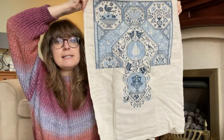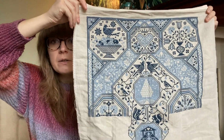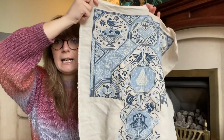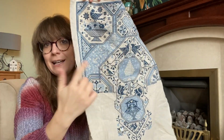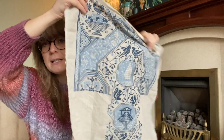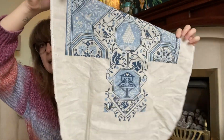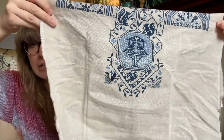So this is stitched on 32 count Natural Lugana by Zweigart. So as I say, last time you saw it in a WIP Parade, I had, how do you hold this now? I had January, February, March, April and May done. So since then I've done June section and then I have skipped July so far and done August section,